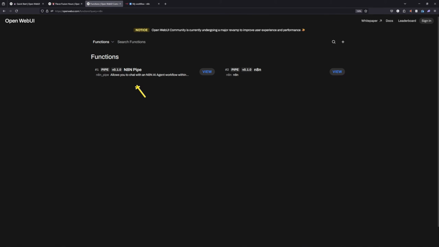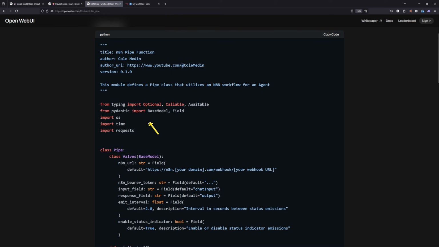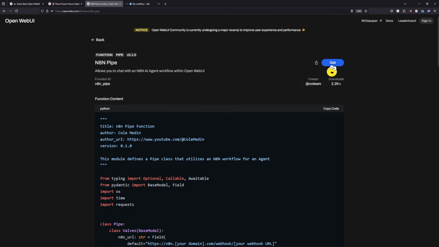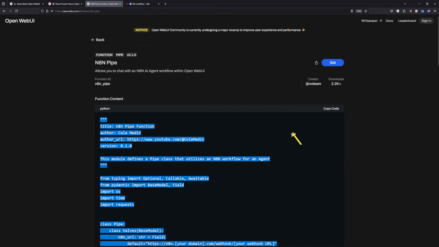Press the enter key. Somebody in the community has already created this n8n pipe, which is actually a helpful Python function which helps you create Open WebUI integrations with your n8n. Let's click on it. There are two ways you can integrate this into your Open WebUI. Either you can simply click on this get button. If in case you're running Open WebUI on a different port, this function will not work. By default, Open WebUI uses port 3000. But if you remember, in our Docker Compose file, we have used port 3001. So instead of using this get button, I will simply copy this code and then we will manually paste it